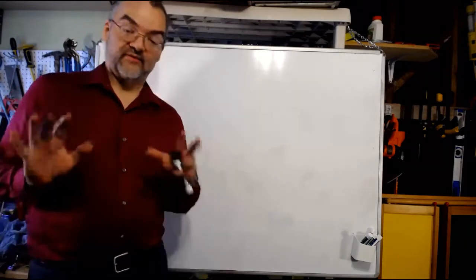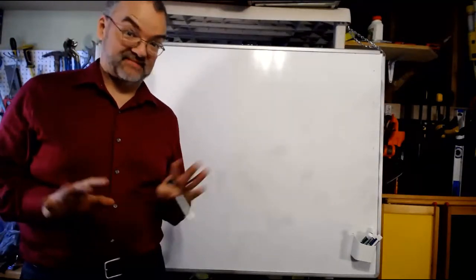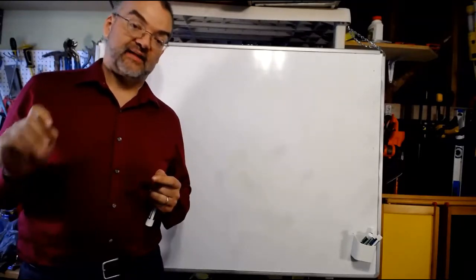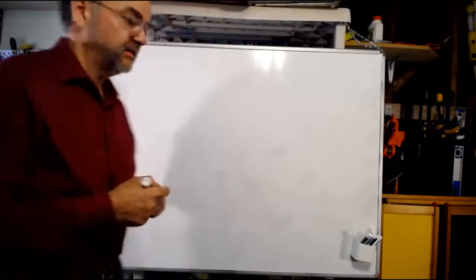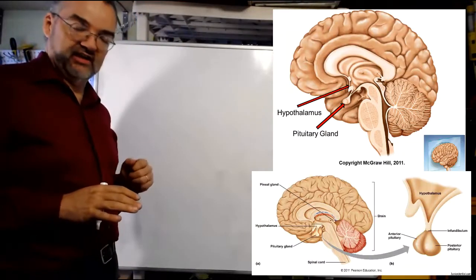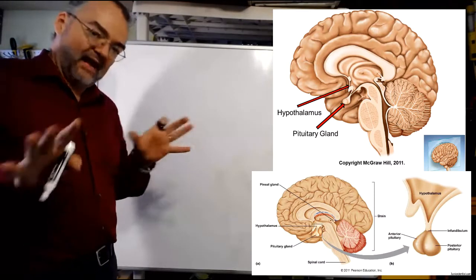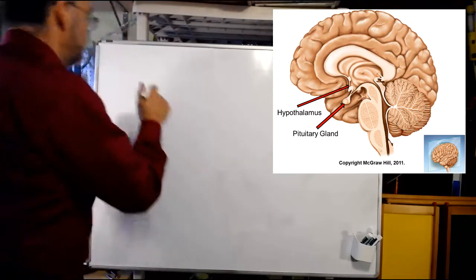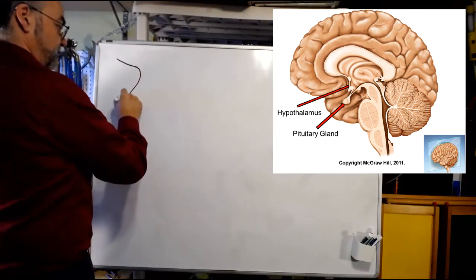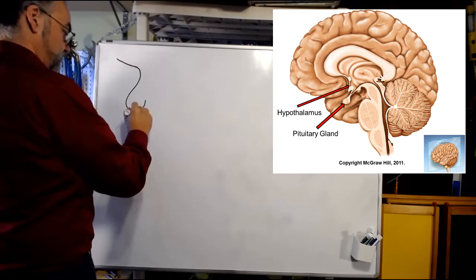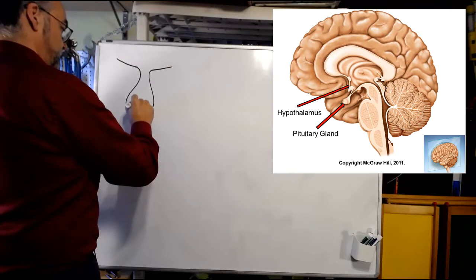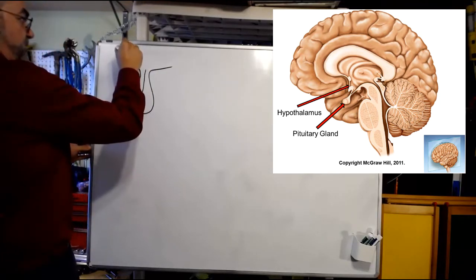All right, we've come to the part where we're going to be now talking about the master glands of the endocrine system. And as we mentioned, those are going to be the hypothalamus and the pituitary. So just to give you some context, I'll put up an image over here of how this is physically arranged in the brain. But if we've got the hypothalamus, we can sort of show that if the hypothalamus is up here,